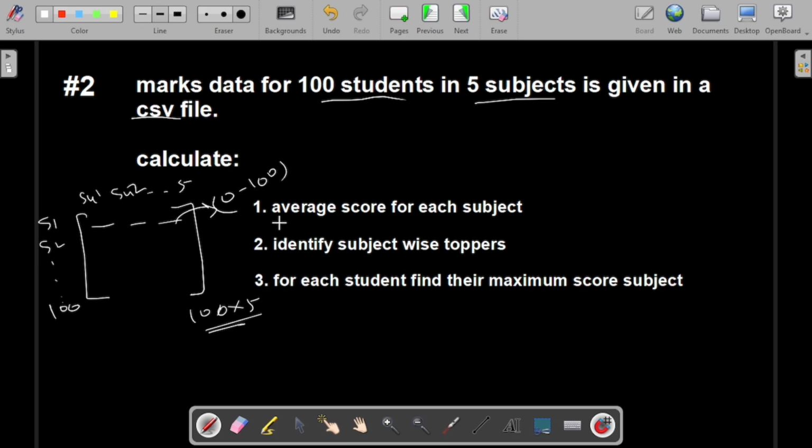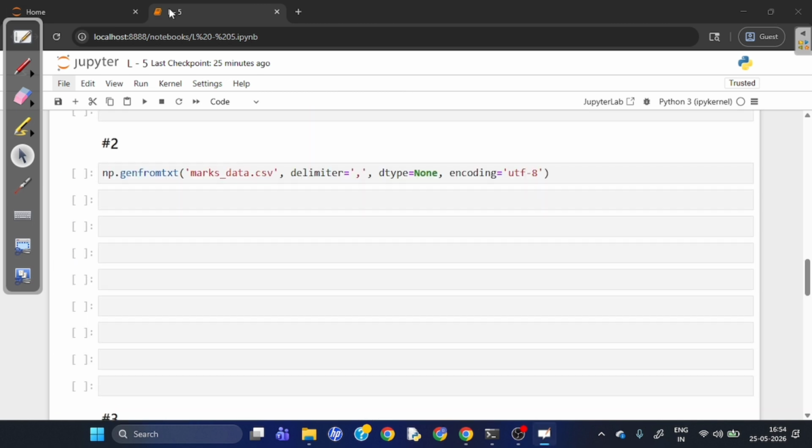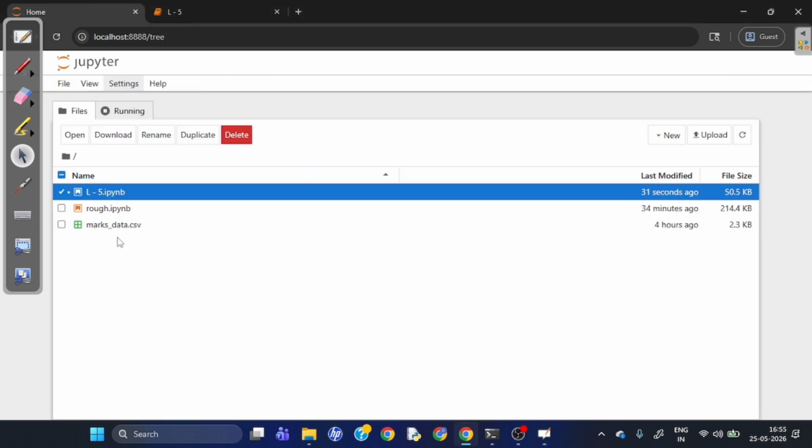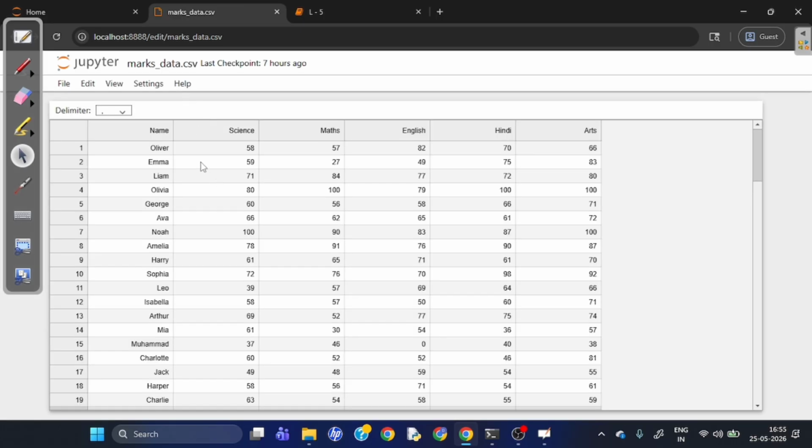So what we have to do now is we have to calculate. So we have 3 things to do. Let us start one by one. So first I will import this data, and if you see here, I have this data in this marks_data.csv, and I will upload this on GitHub, and I will give the link in the description, so you can also download it and use it. So let us just view what this data is. So here we have this name column. This is the name of students, and these are 5 subjects: science, maths, Hindi, English, arts, and we have the